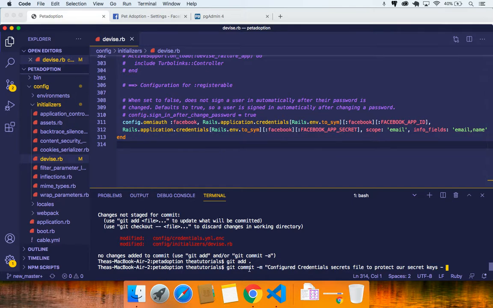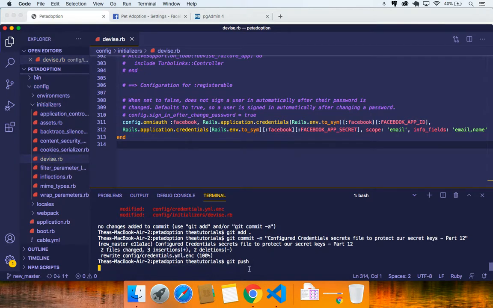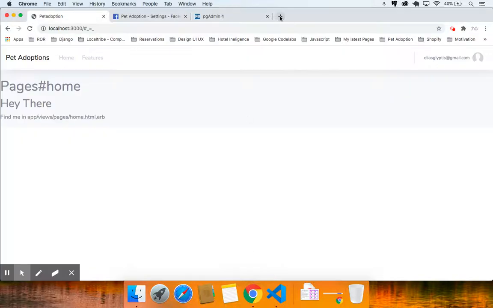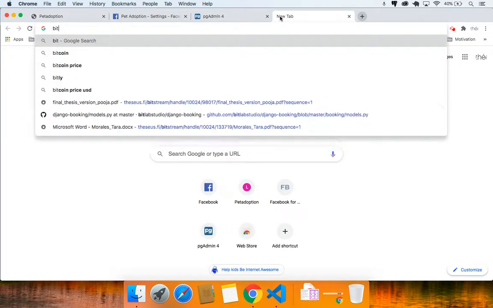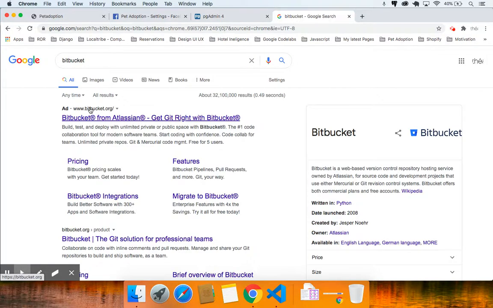And here I'm going to put part 12. Okay, so I'm going to hit enter. I'm going to do a git push. And once I do a git push, you're going to notice when we come back to Bitbucket, I'm going to log into